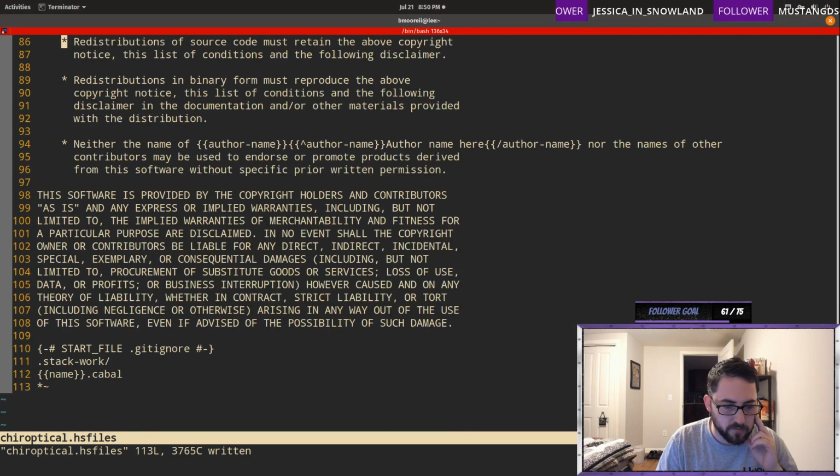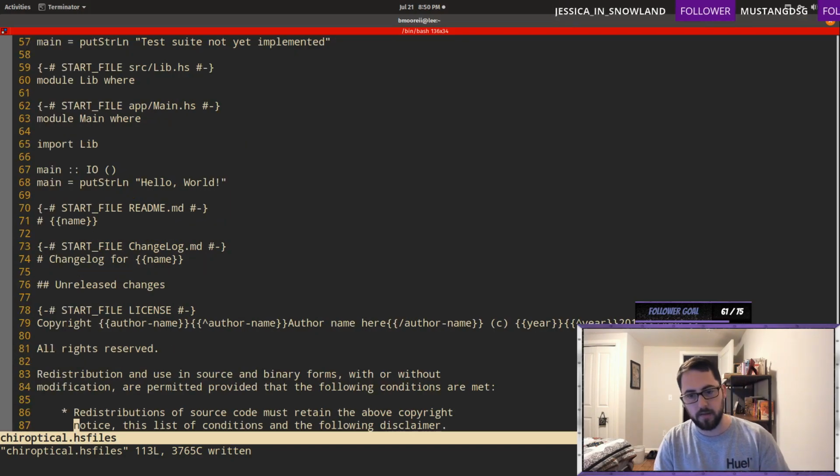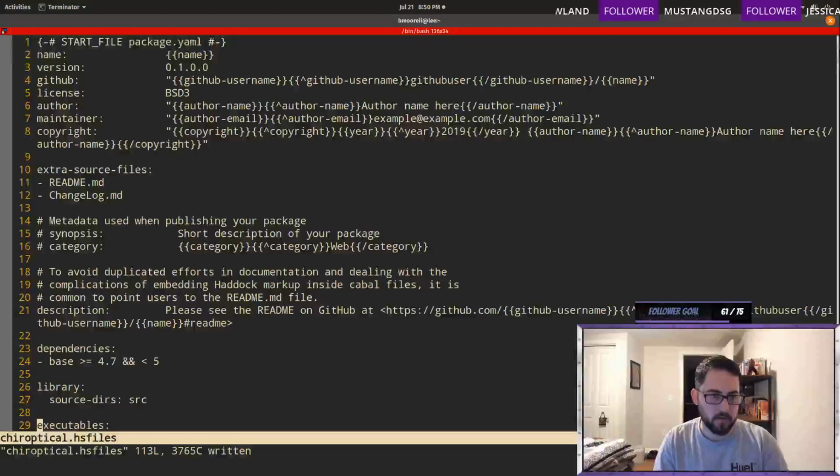So we're gonna write stack new this thing, and then is there a way to set my resolver?